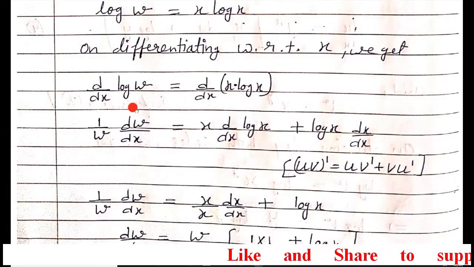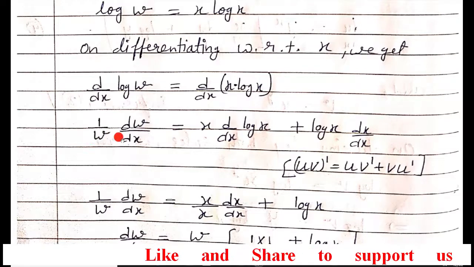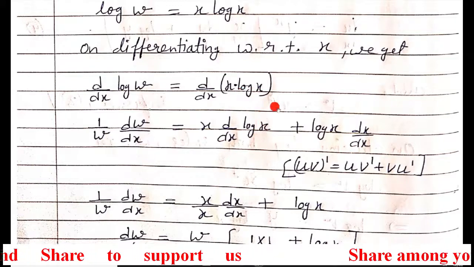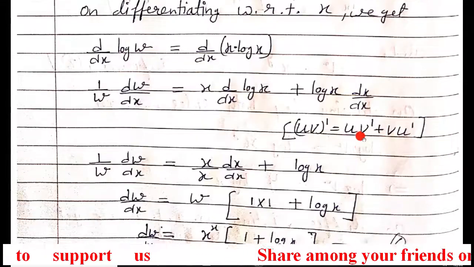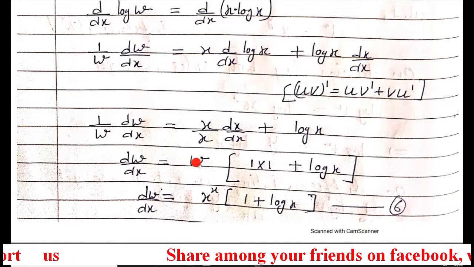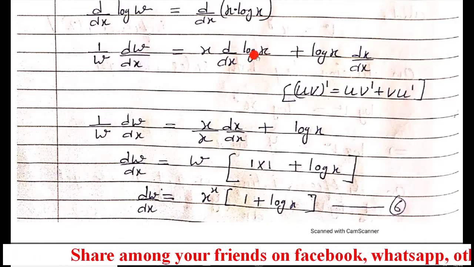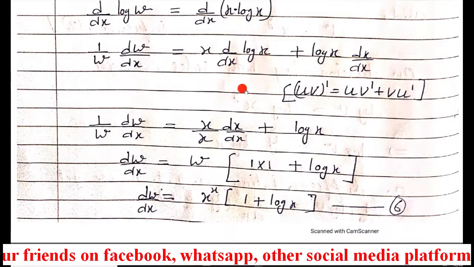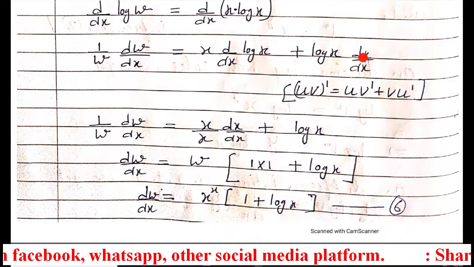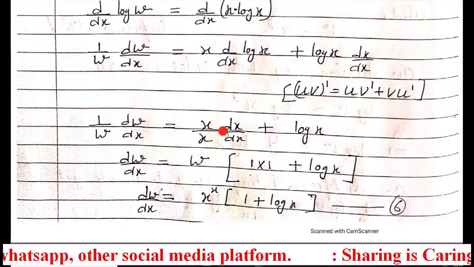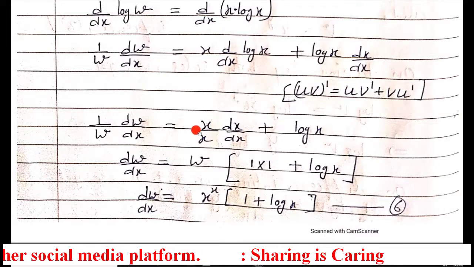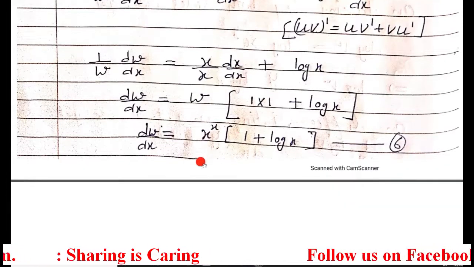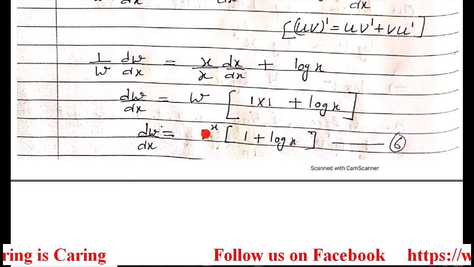When you differentiate with respect to x, log w differentiation is 1 upon w, and then chain rule. u dot v differentiation is x as it is, differentiation of log x, then log x as it is, differentiation of x. Now here w is in divide, so it will go in multiply. Now log x differentiation is 1 upon x. So x you already had, from here again 1 upon x came. Now chain rule applied, and dx over dx is 1. Now here this x and this x are the same, so they will cancel, and x differentiation is again 1. So 1 into 1 is 1, and w is just replaced again by x to the power x. So we obtained all the values.